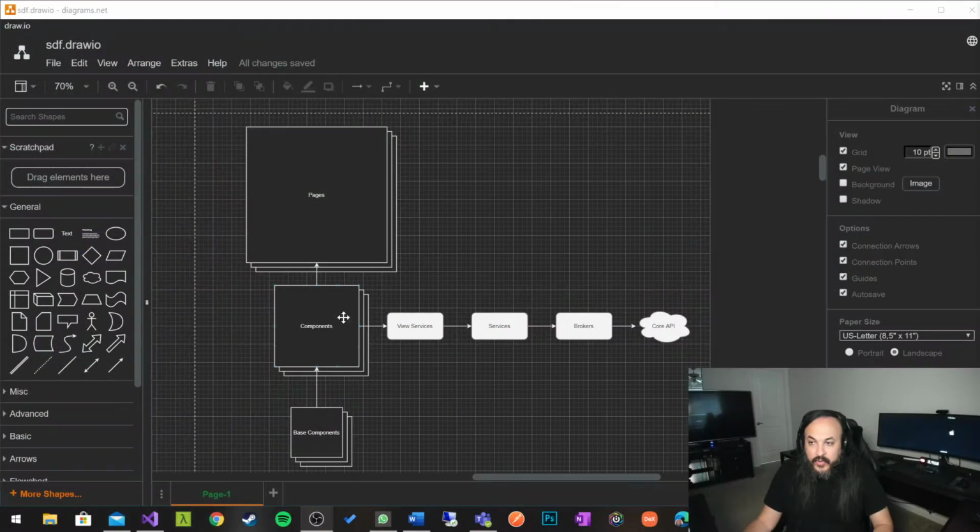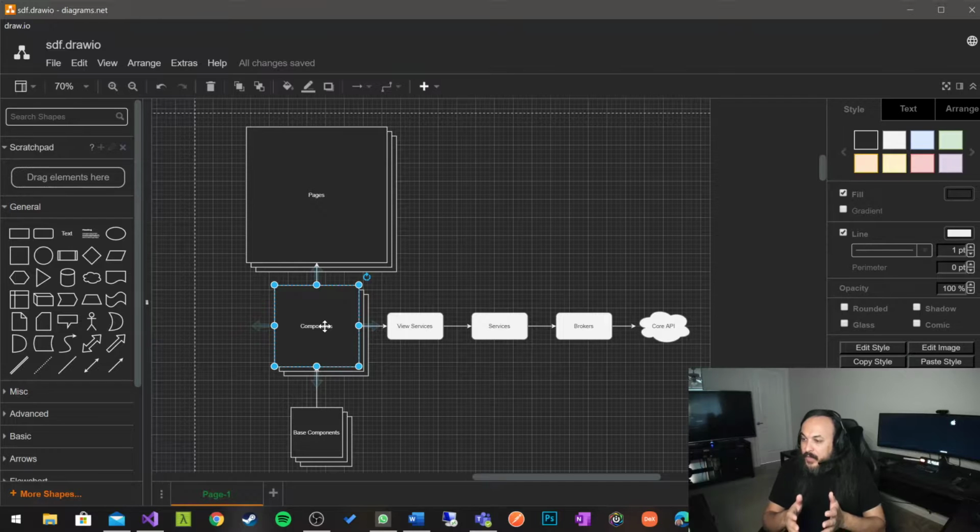So last time we talked about a high-level architecture, right? We talked about brokers and services and view services, and we said this is basically your view pipeline, and this is your data pipeline, and they both meet each other on the component layer. And I want you to really burn that image in your memory, because everything around that plays within that pattern, and that pattern is what makes it a lot easier for you to know what to test, what to focus on, where your business logic is, where you need to look, especially with bigger projects,